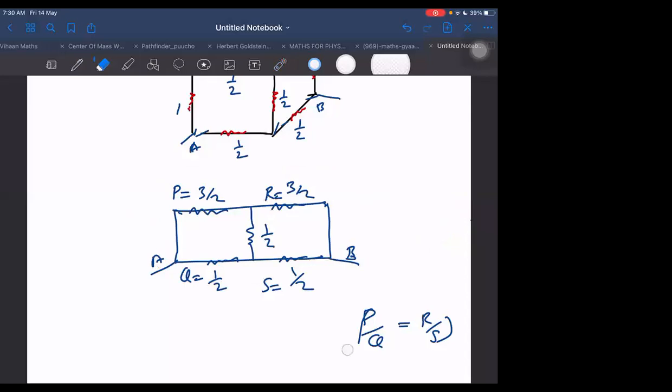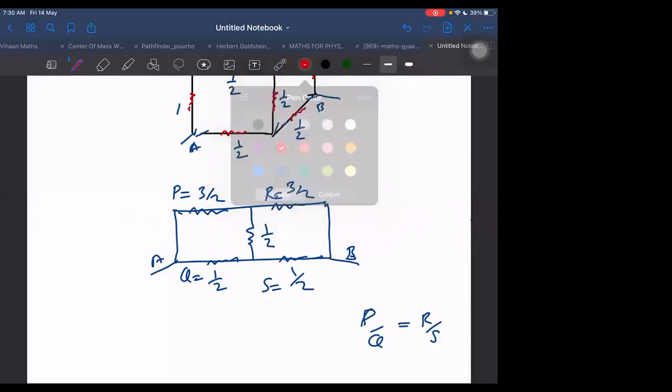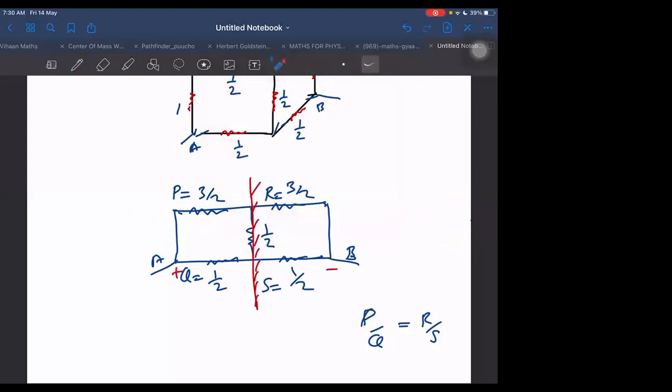Anyway, is there anything new in this balanced Wheatstone bridge? Even if I don't use the word balanced Wheatstone bridge, we still know what we have to do in such cases. We have to again place a mirror. How to place a mirror? Yes, a vertical mirror we have to place now, because positive will have its image on the negative, and we have to check our condition that the object and image resistances are in the same proportion. Yes, 1:1, sir. When that condition is satisfied, then this circuit is symmetric.